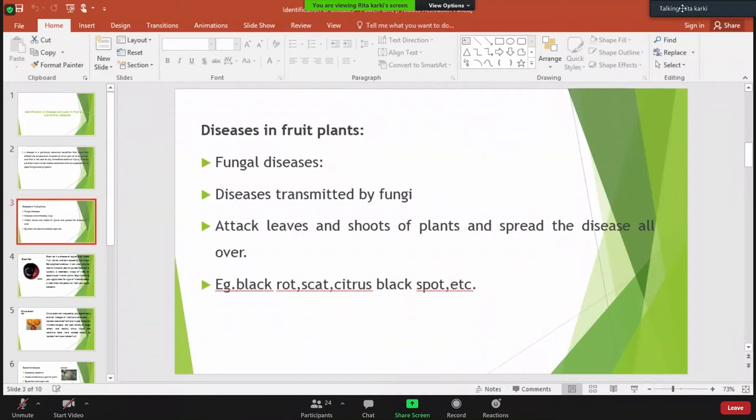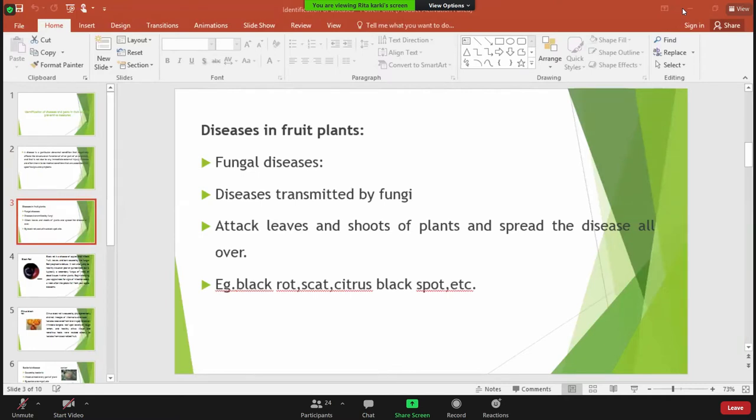Larger number of the fruit plants, as well as what are the symptoms, what are the signs of diseases that may attack, the signs and symptoms of the diseases that generally prevail inside the body of the fruit plant. So fruit plants are attacked by three different factors. The fungal infection may take place, bacterial infection may take place, as well as the viral infection may also take place within the body of a larger number of the